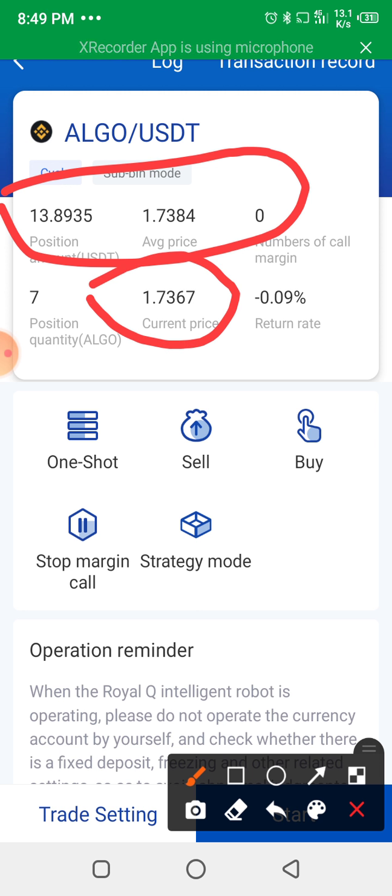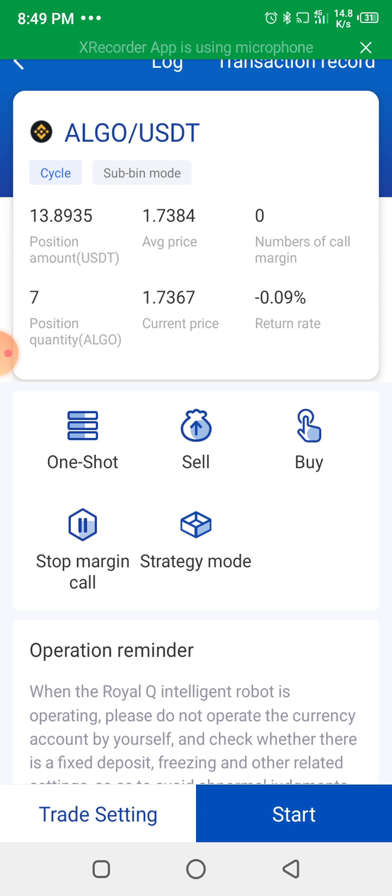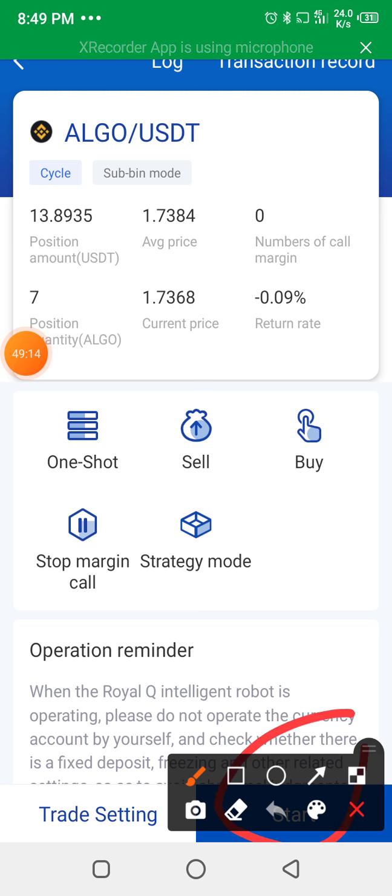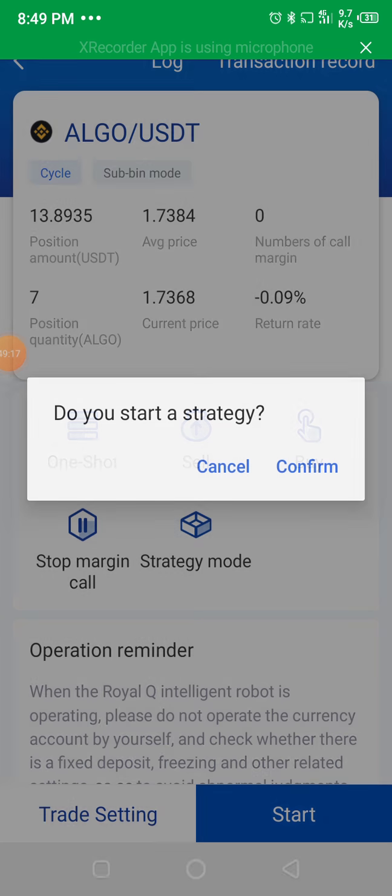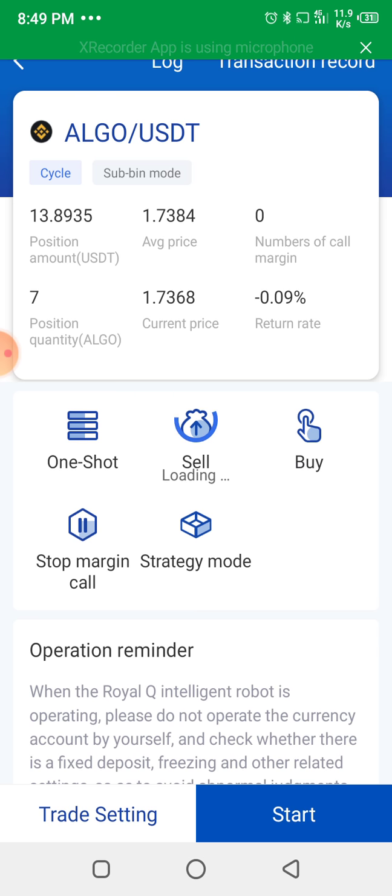And if you want to start the trade again, you come back here to click start and confirm. The trade will start again. So it depends on your understanding and what you want to achieve. All these buttons here are for you to manipulate the system for your